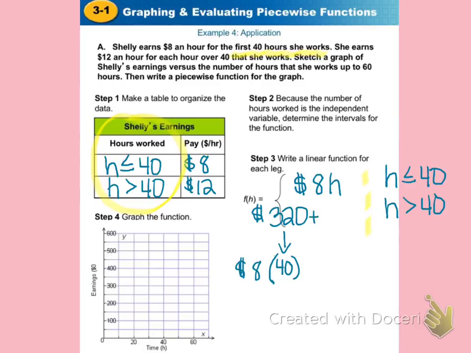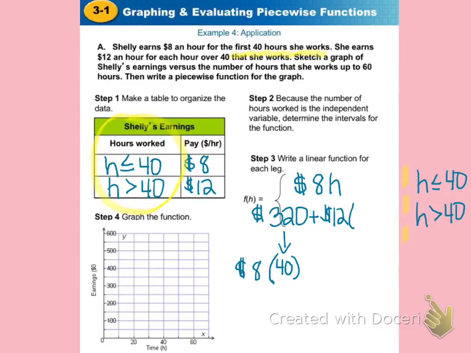But now Shelley is going to get paid $12 an hour. But if I just put 12H, then that would imply that she's getting paid $12 for every single hour. And that would be drastically overpaying Shelley, because she's already made $320 at $8 an hour for 40 hours. But now we're saying we're going to pay $12 an hour, but it's really not $12 an hour. It's $12 an hour for every hour past 40, and this is how we can say that: $12 times